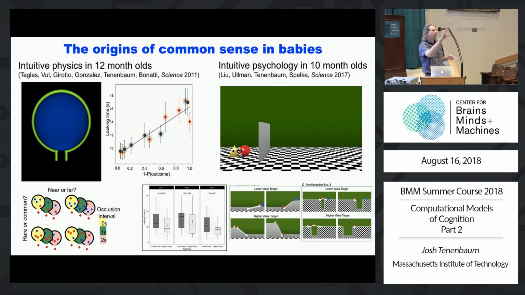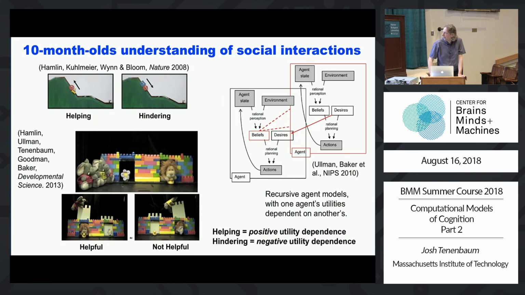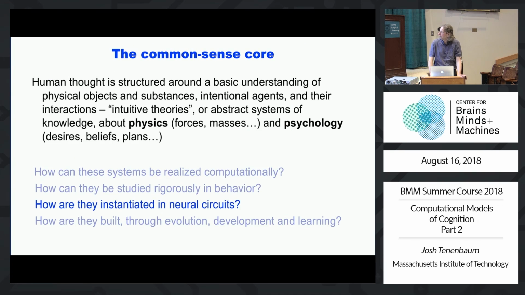And if you say, well, the more work you have to do, the costlier the action, and you assume that they're making a utility efficient choice, then there better be a higher reward if you're taking costlier actions. And really, quite strikingly, even 10-month-old infants make those inferences in a graded way. Okay, this is the work of Kylie Hamlins, which I mentioned, but I'll skip. Okay, so that's most of what I wanted to talk about computational models and psychophysics of common sense. The cognitive science part properly mostly wraps up there.